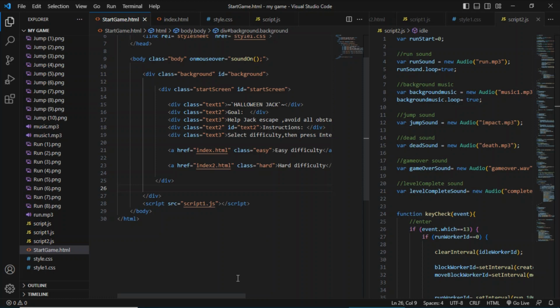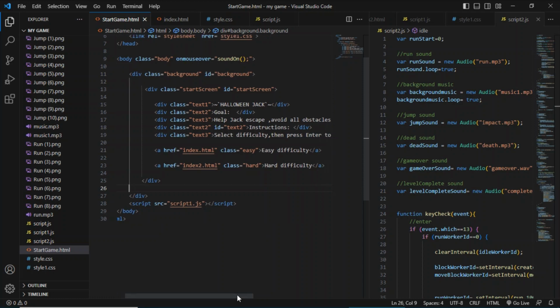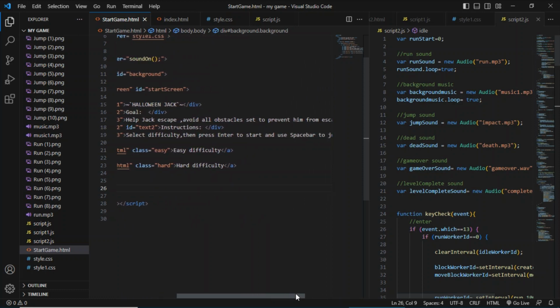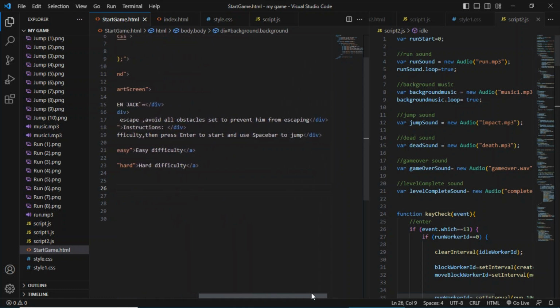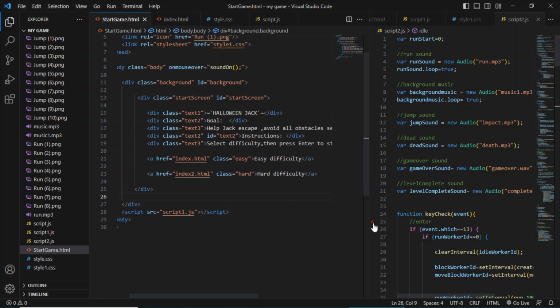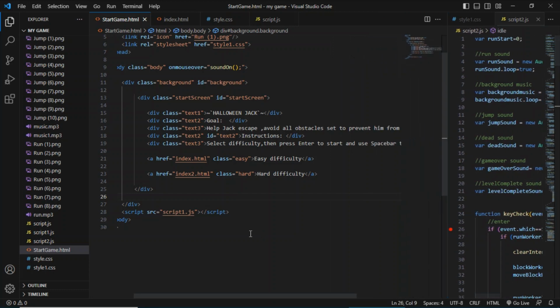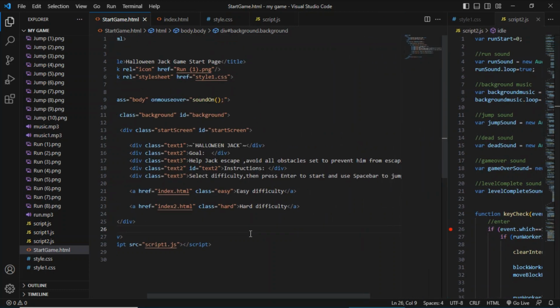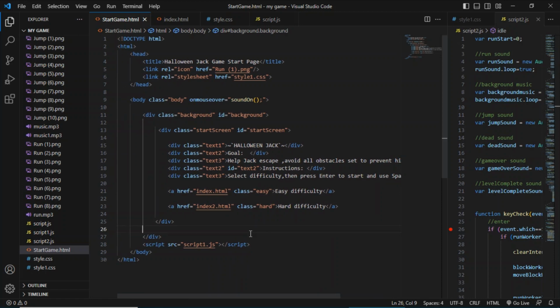Here's how I constructed the main selection screen. So this was the start page screen,